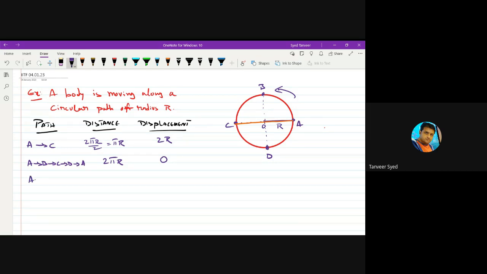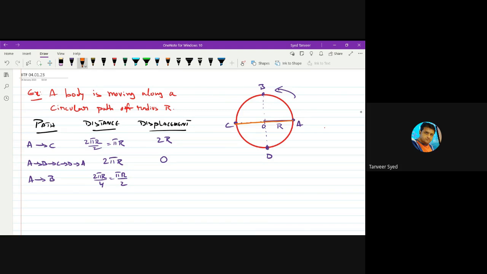The body starts from A and goes to B. It covers a quarter of the circle. That means its distance is a quarter of the circumference, 2 pi r by 4, which is pi r by 2. This is the total path length from A to B, a quarter of the circumference. Then its displacement is